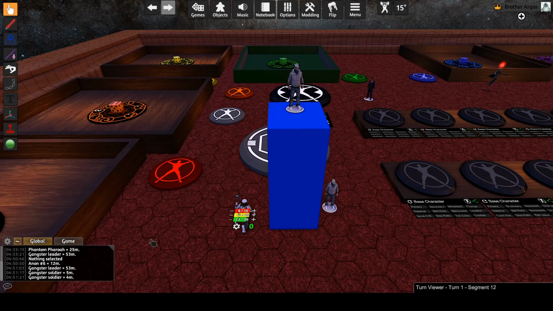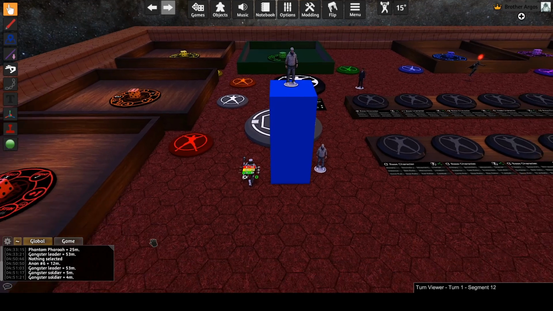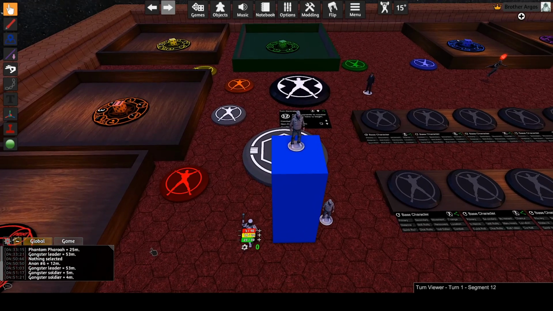Good afternoon. This is a review of the current work on the distance measuring and movement measuring routines for the Hero System mod. This is actually in alpha, not beta at the moment, but I think it's an interesting opportunity to review what we're currently looking at. The first thing